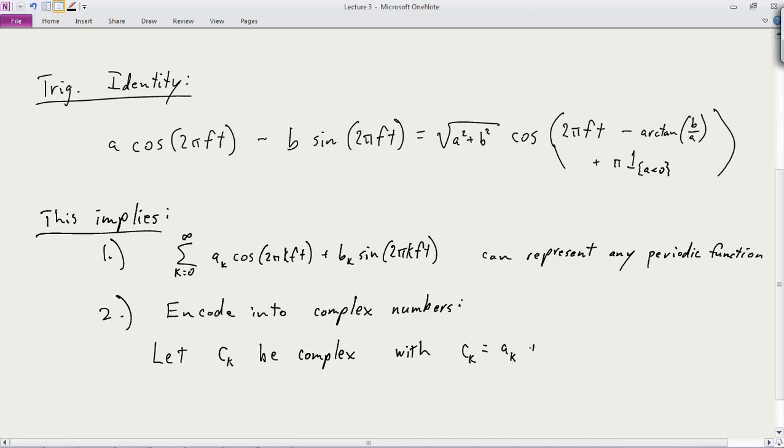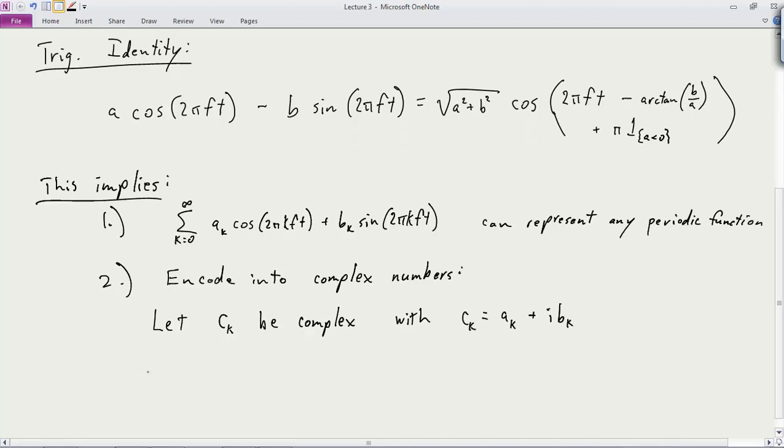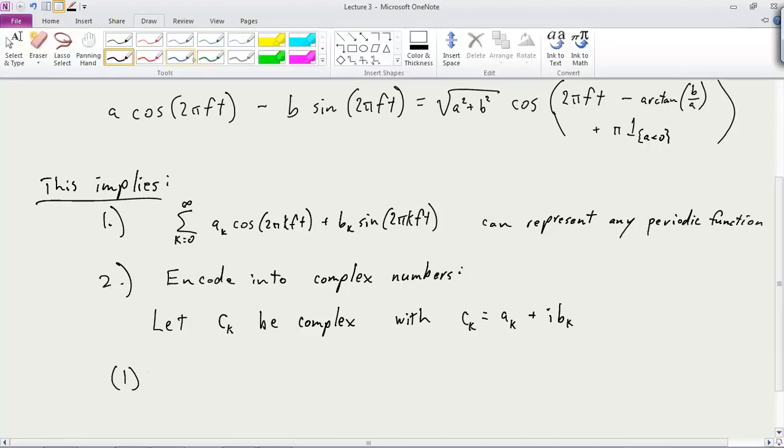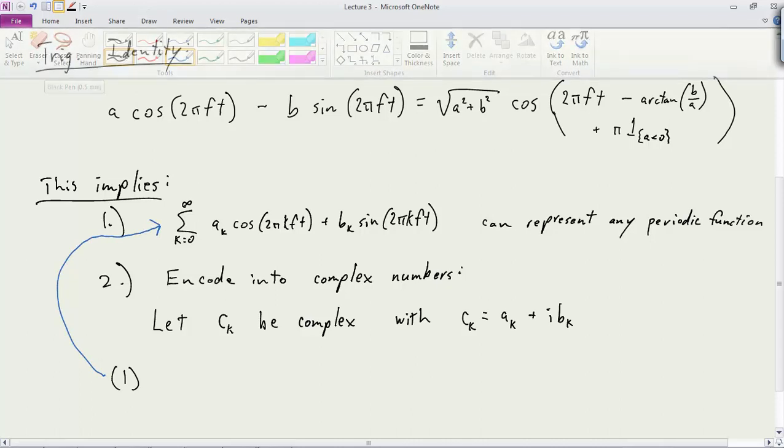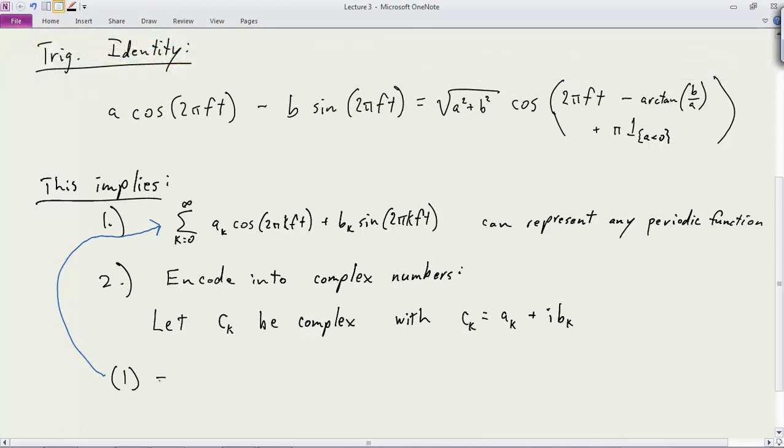We'll let CK equal AK plus IBK. Okay, so we'll just set AK as the real part of C and BK as the imaginary part of C. Then we get that the formula up above in 1, by that I mean this thing, that equals